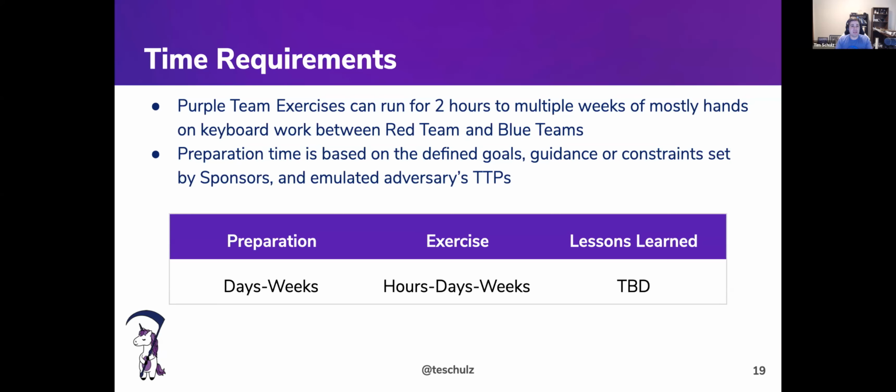If you can only get everybody together for an hour, try and get in a single test. Pick something that is going to be the most important thing, whether it's a specific lateral movement technique or some discovery technique that happens on the host or endpoint. Those are the types of things that we'll walk through how to identify, but picking one thing and going through the entire purple team process with that one thing is going to be hugely beneficial,